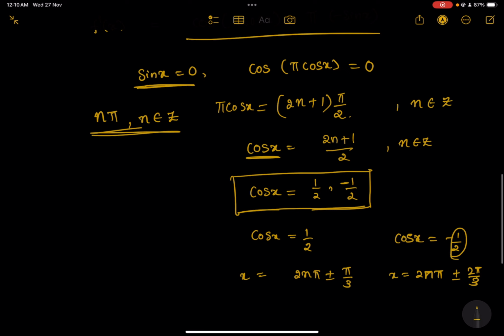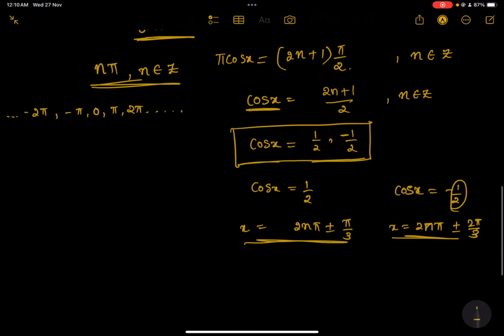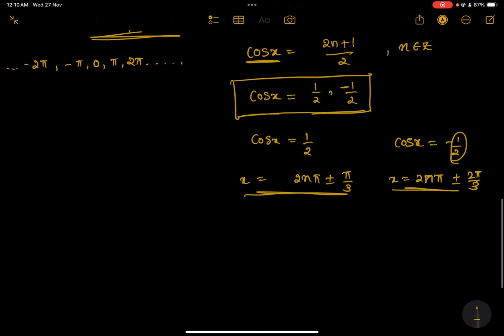So this is one solution, this is another one, and this is another one. Here we'll get minus 2π, minus π, 0, π, 2π, and so on. And here, when you put n equal to 0, we get minus π/3, π/3. When you put n equal to 1, 2π plus π/3, 2π minus π/3. So that will be 5π/3, 7π/3, and so on. So the difference is